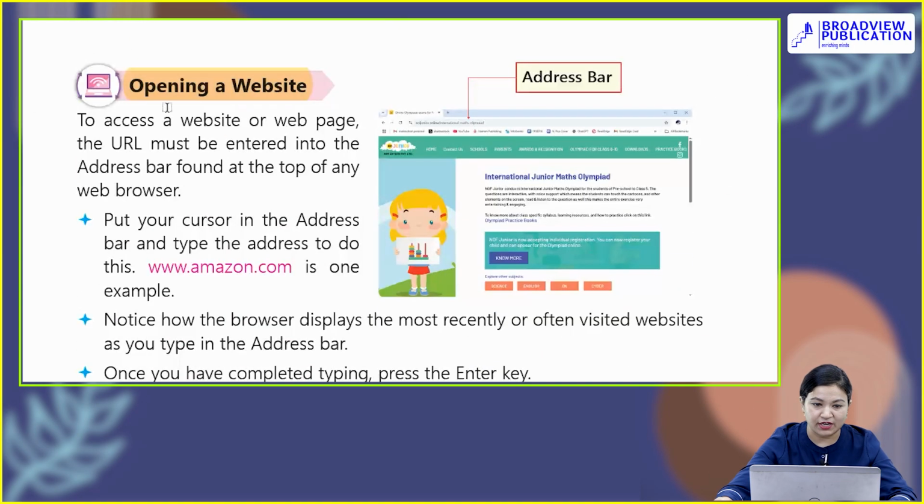Opening a website. To access a website or web page, the URL must be entered into the address bar found at the top of any web browser. Put your cursor in the address bar and type the address. www.amazon.com is one example. So how do you open a website? First you open a search engine, then type the URL in the address bar. Put your cursor in the address bar and type the address of that particular site, like we have typed